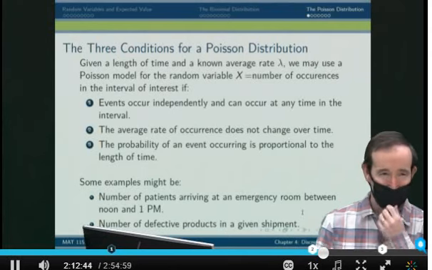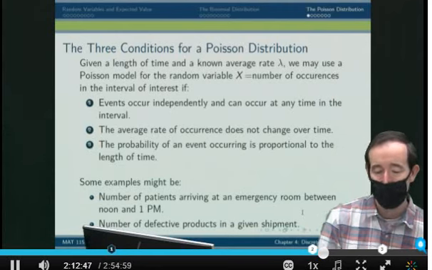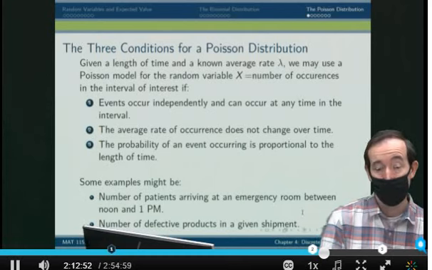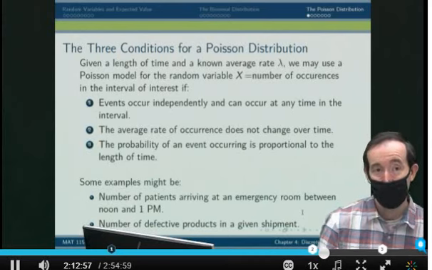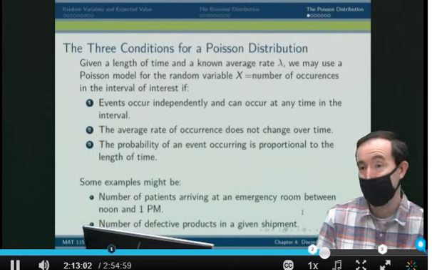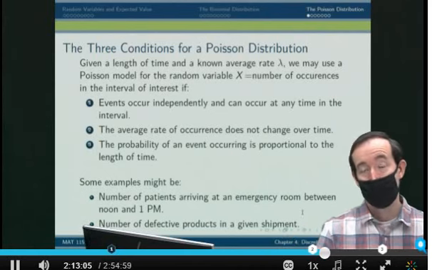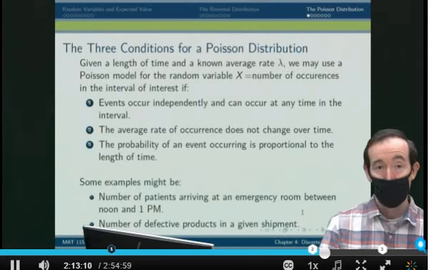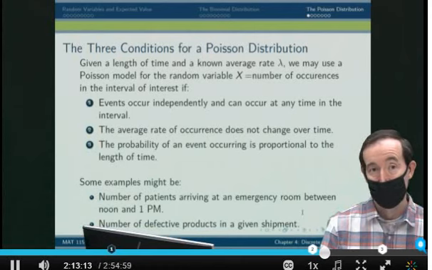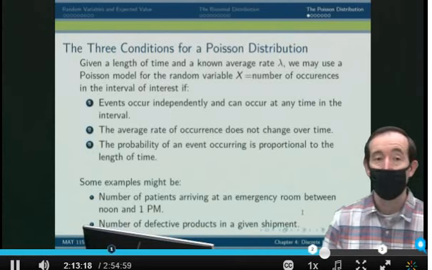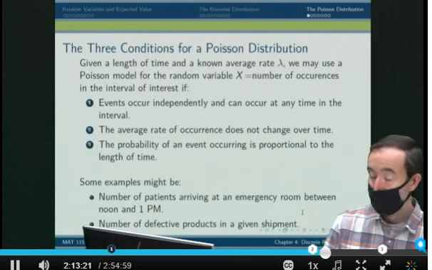Okay? Another example, if I'm in product manufacturing, I'm perhaps in quality control, and I'm shipping out 100,000 of these products, how many of them are going to be defective? Well, the number of defective products in a given shipment is going to vary from one shipment to the next because it's a random process. Nobody intentionally puts in the defective product, at least I hope. But if I know the average number, I can use the Poisson distribution to model the likelihood of a certain number occurring. Okay? So the things to look for to know if a Poisson distribution might apply.